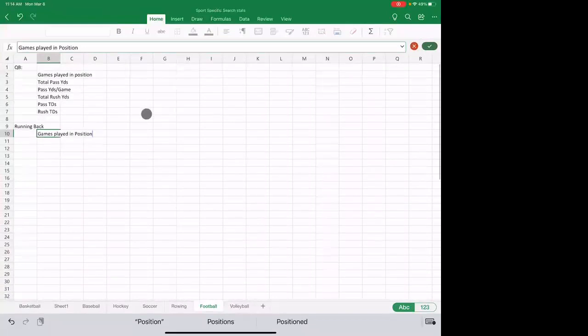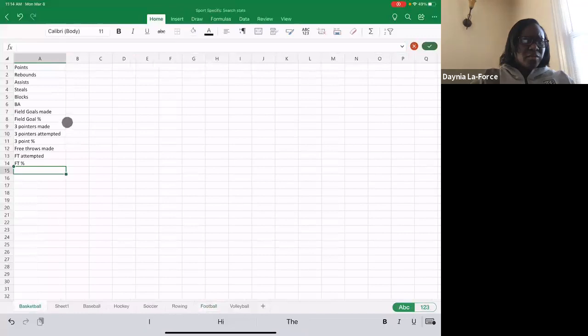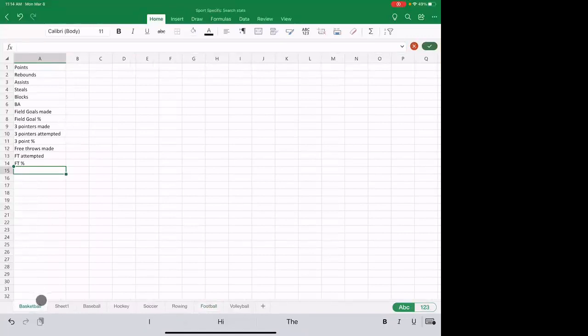Okay, so this is why I started just loading. Dania gave me the different stats here. So basketball, we have... I think I got this all right now. You see on the bottom, we have the sports I'm loading in. Now, Dania, you didn't give me position specific stats. So I just did this in general, and I think this would be good enough.